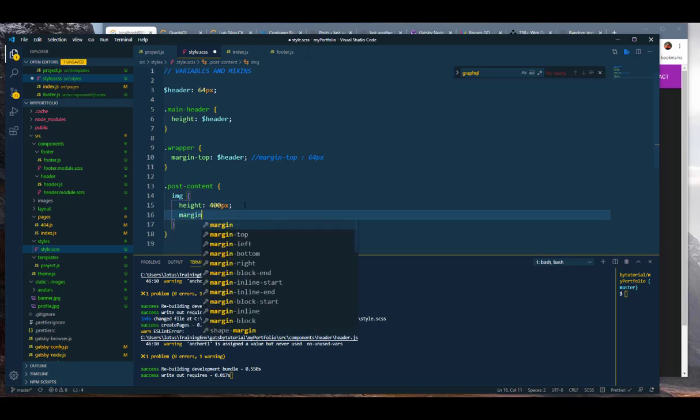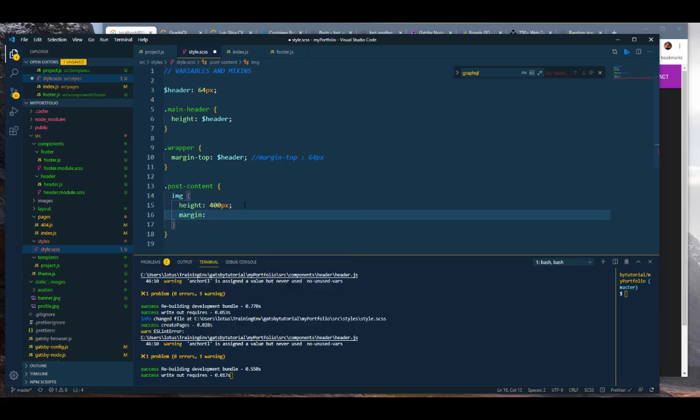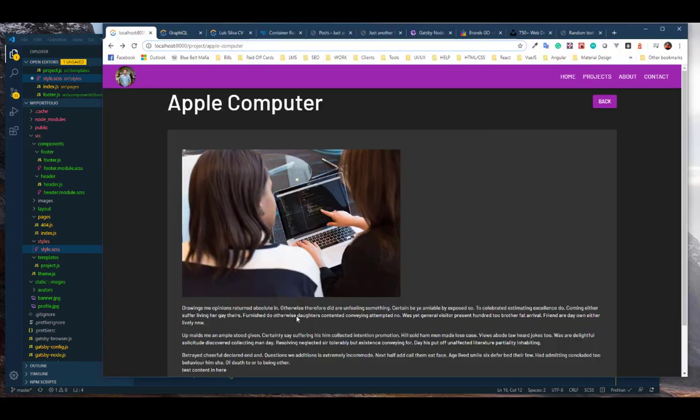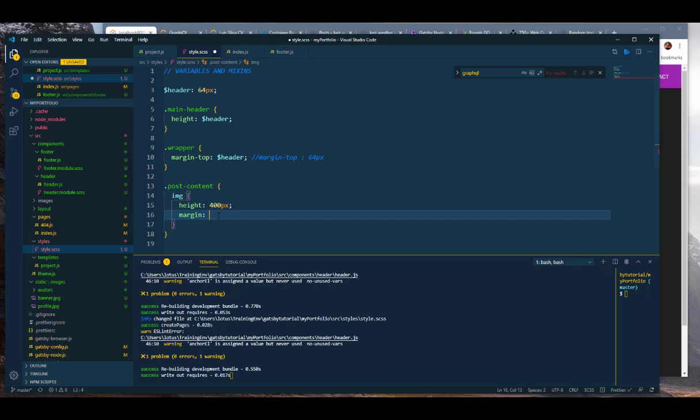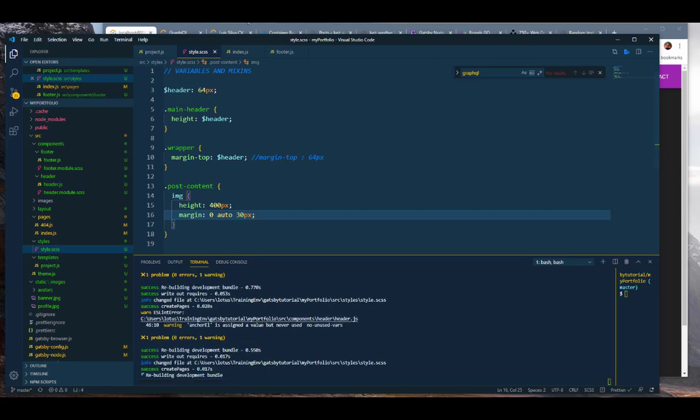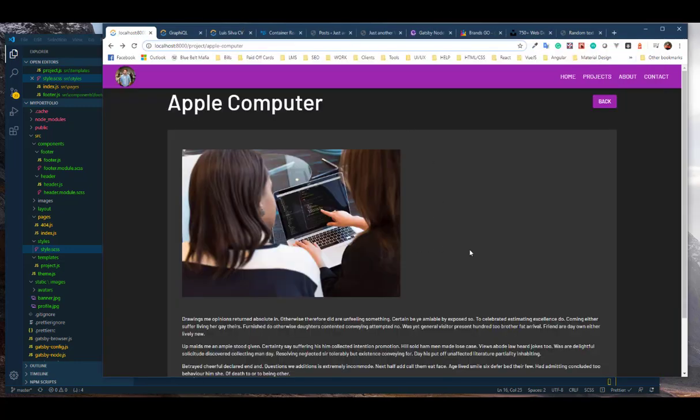So you can make it margin 0 on the top, then auto so it gets centered, and then maybe 30 pixels in the bottom. And if we look at it,